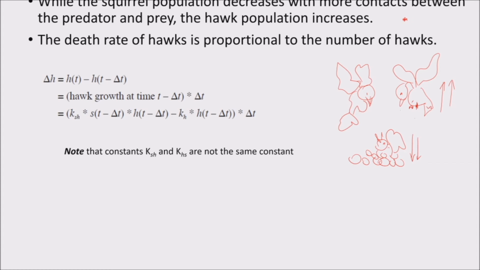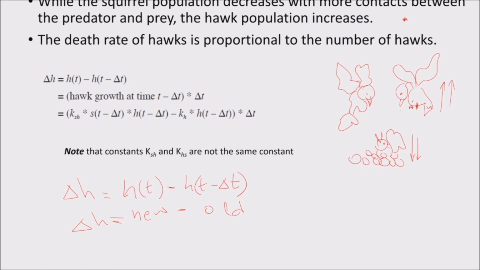Okay, so because of that, at the beginning we consider the change of the hogs population as the current hogs population minus the previous hogs population. What is this? This is the finite difference equation. This is the new value minus the old value, right? It is the change of population, right?